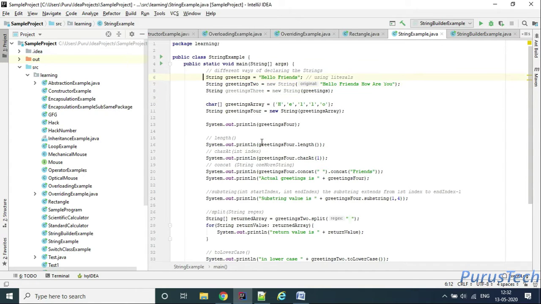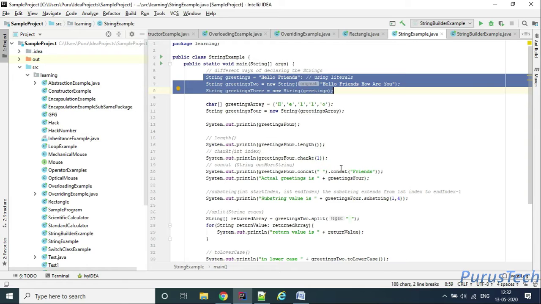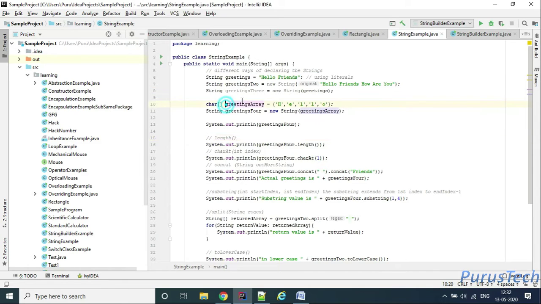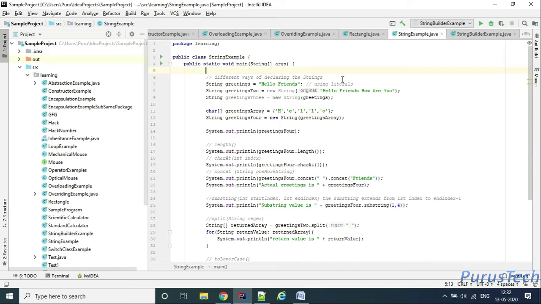These three above are a little bit direct, and there is one more way, which is using an array variable. We have not yet covered arrays, but I will just discuss the array variable here. In the earlier session we saw we can hold a single value like this, integer a equal to 5.